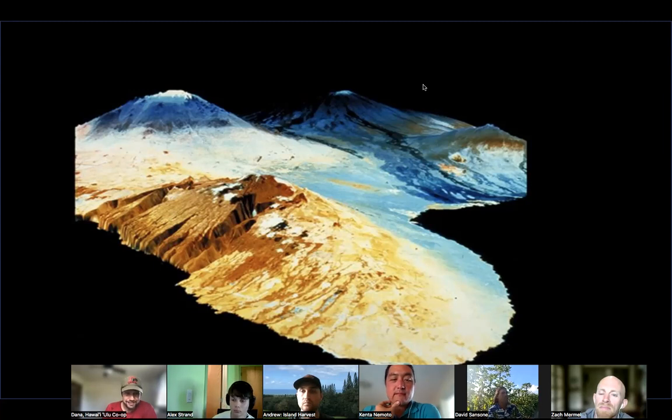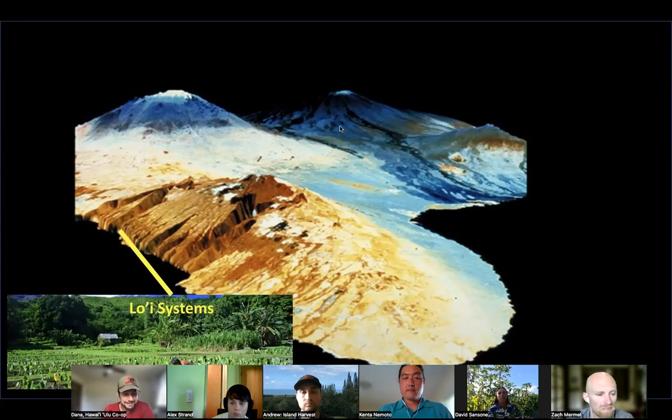I really love this image, it really illustrates some of the environmental diversity of Hawaii. And we all know Hawaii is one of the most ecologically diverse places on the planet. And our ancestors adapted their agriculture very specifically to the different ecologies of Hawaii. As we look just at the Kohala Peninsula alone, we would see a range of ag systems, from our flooded, irrigated lo'i systems, growing kalo in the river valleys,